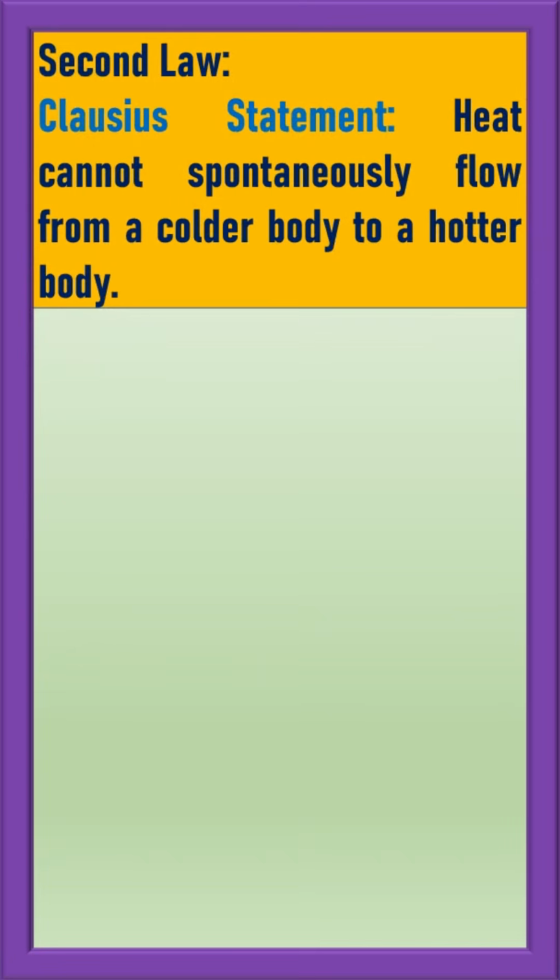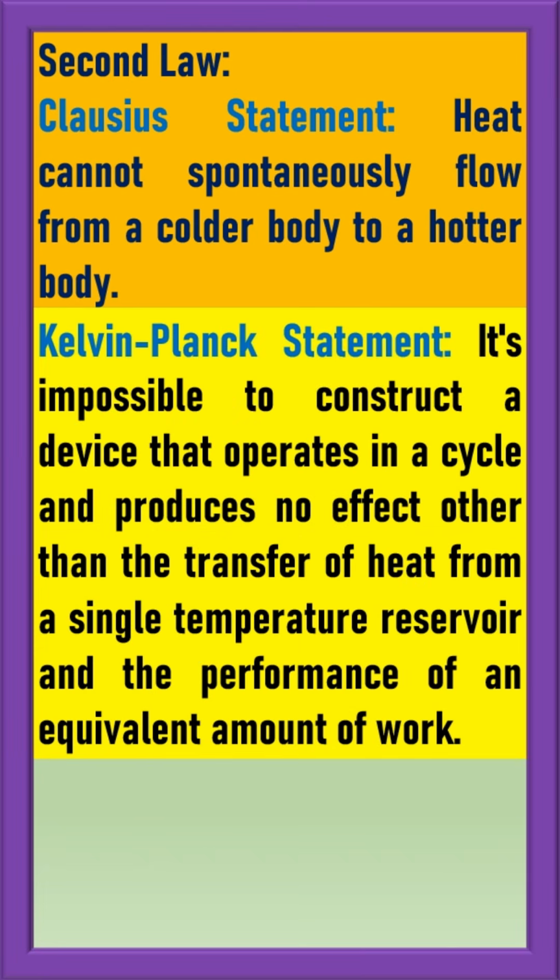Second law of thermodynamics has different formulations. I will show only the two major statements. First one is the Clausius statement, which states that heat cannot spontaneously flow from a colder body to a hotter body. The second one is the Kelvin-Planck statement, which states that it's impossible to construct a device that operates in